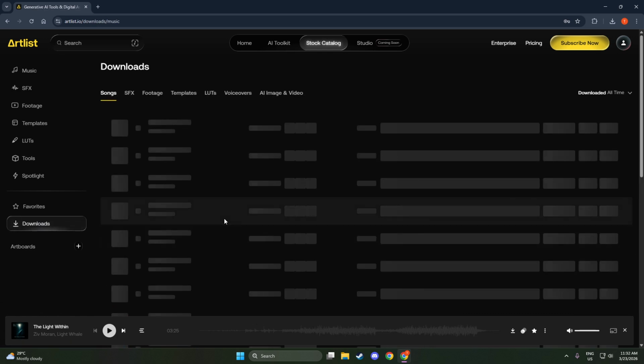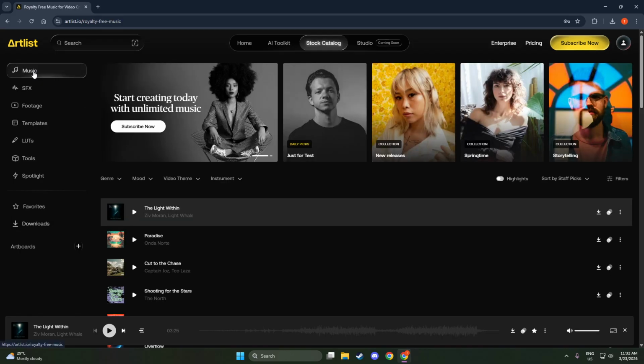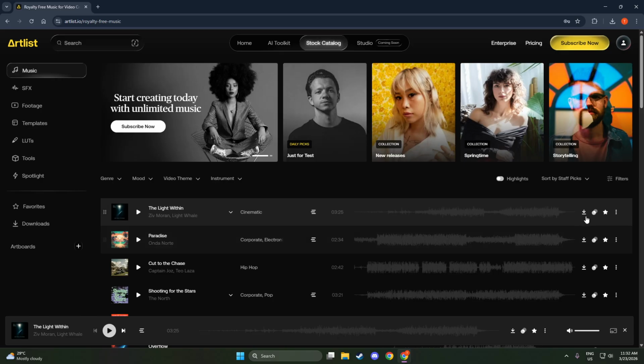Finally, choose the file type. You'll typically see options like WAV and MP3. Pick WAV if you want the highest quality and plan to edit, process, or mix the sound inside a video or audio project. Choose MP3 if you need a smaller file for quick previews or light use, where ultimate quality isn't critical. Confirm your choice, and your download will begin.